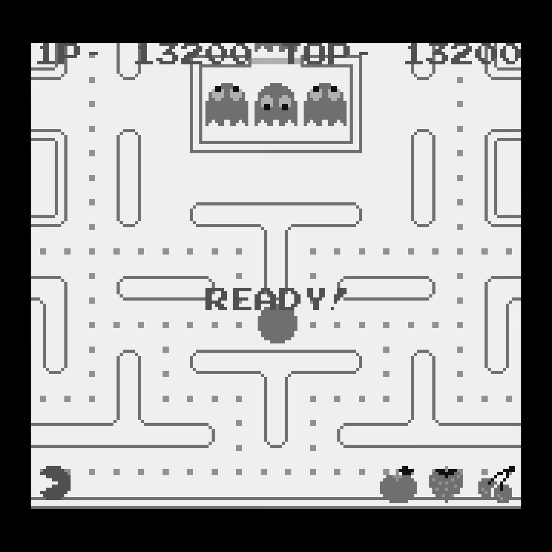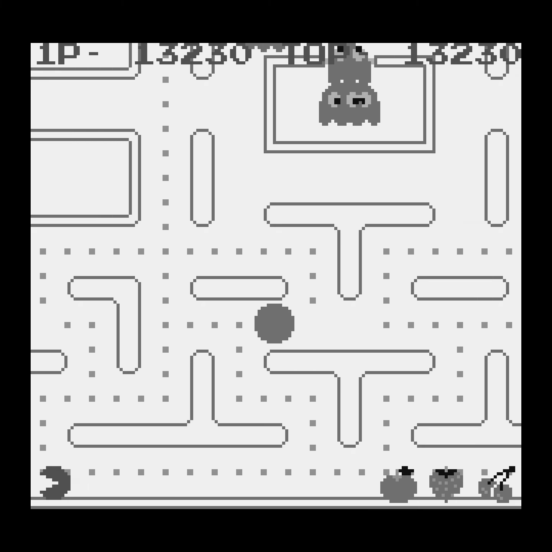So it basically turned it from an 8-way joystick into a 4-way joystick, which, and of course, in